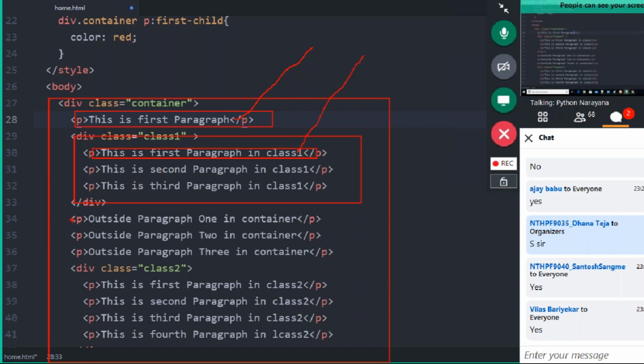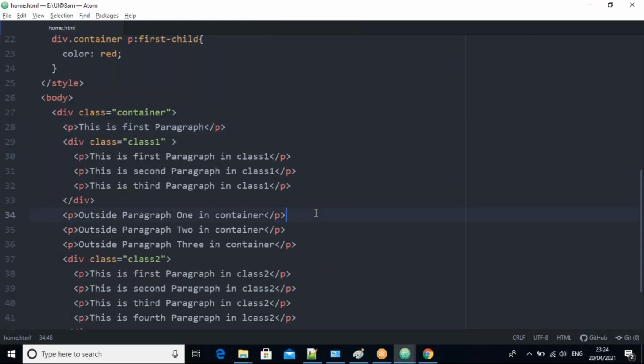This paragraph is not the first one. This is the third child, because the first child is a paragraph and the second child is a division. Now the third child is a paragraph, this is the fourth one, this is the fifth one. In the sixth one, again the first is a paragraph only, so it also applies for this one. Now all of this is clear, right?